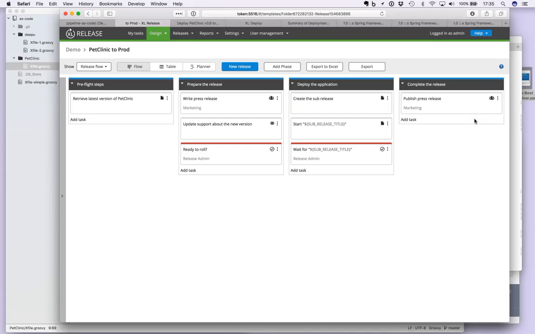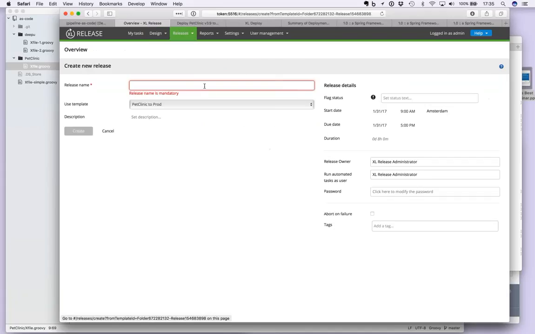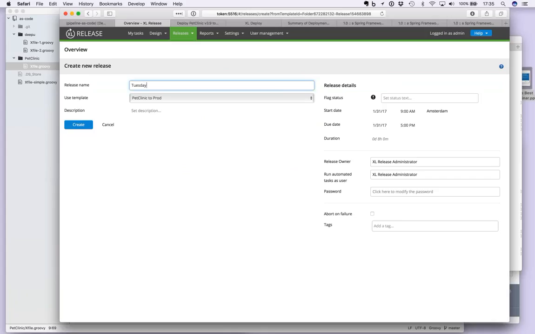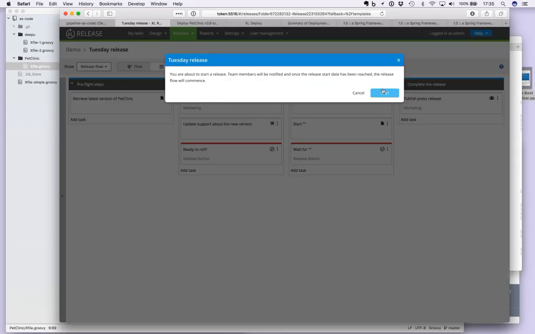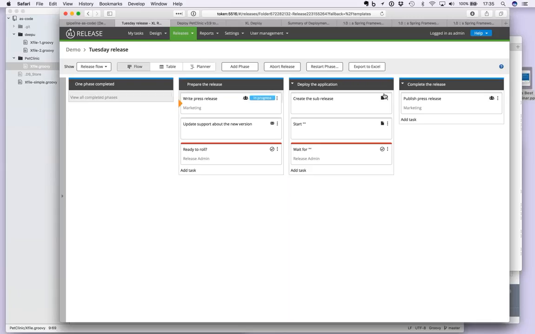So this is where I would actually start it straight from Xebia Labs Release, and would go here and say new release. So this will be Tuesday release. So create that thing, start it, and it now got the latest version. I'll show that here. Got the latest version of Pet Clinic, the app we're deploying,